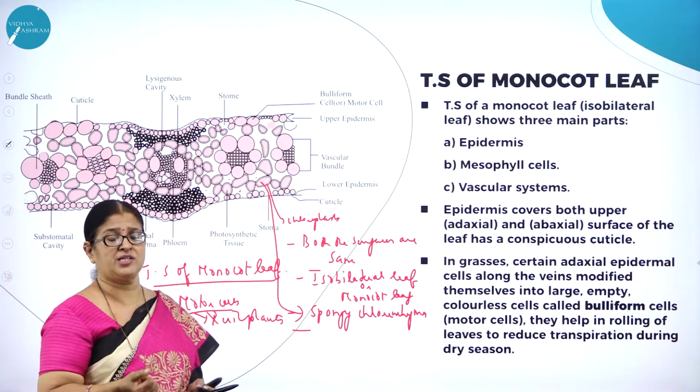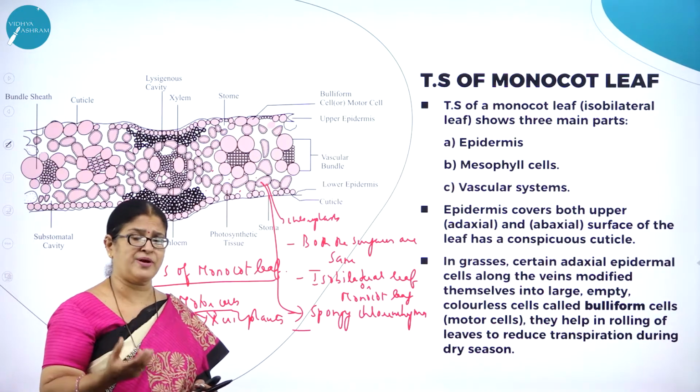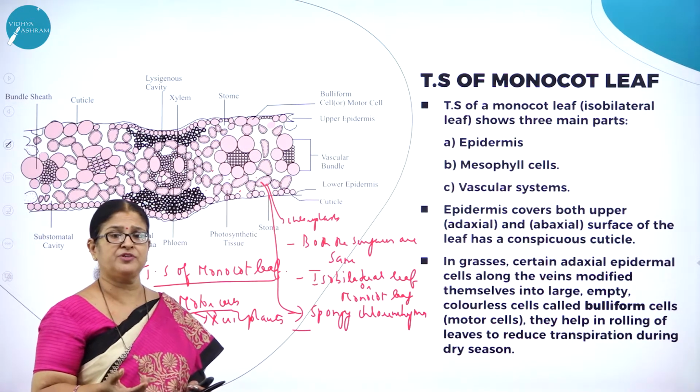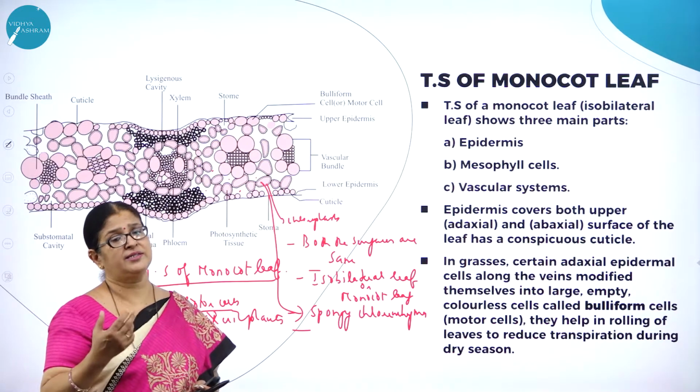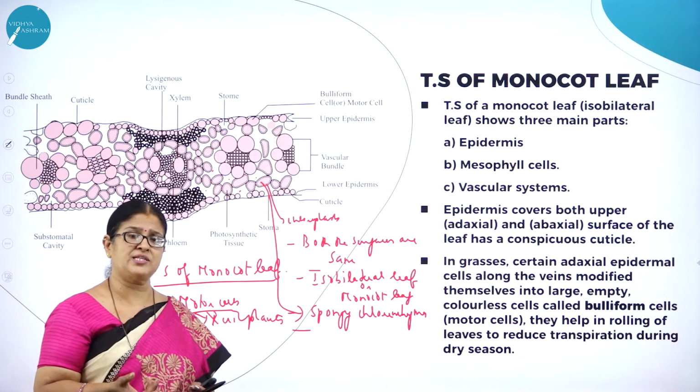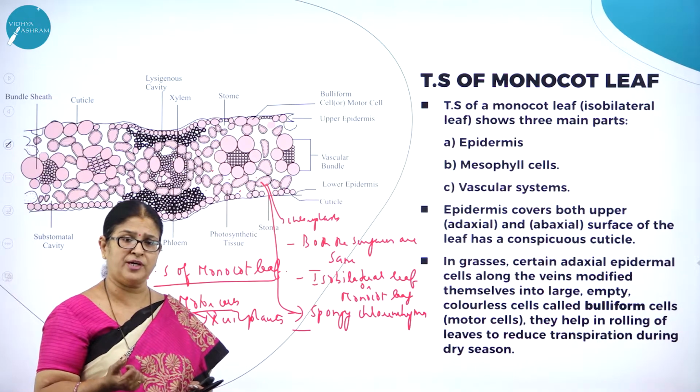You cannot avoid transpiration because during the daytime the stomata are open and the exchange of gases takes place, which is very important for the process of photosynthesis. At the same time, whatever water is found in the plant body is transpired. What is transpiration? Expulsion of water in the form of water vapor.